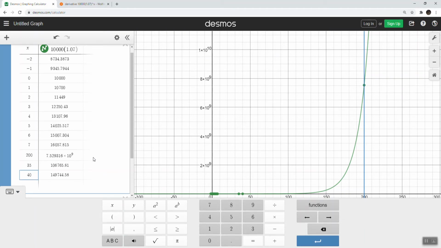So we're doing the $149,744.58 minus the $106,765.81. And that difference is the amount of